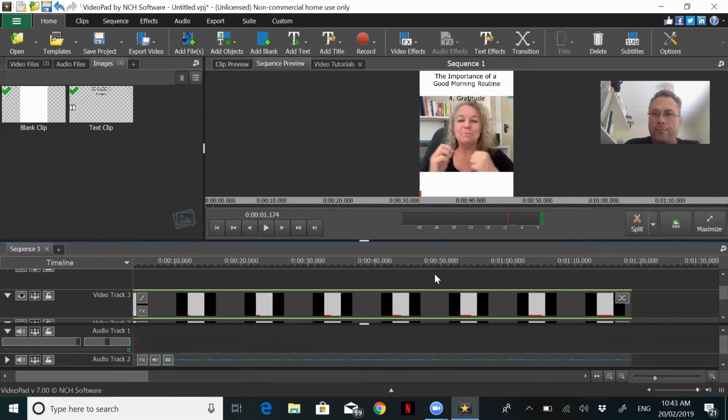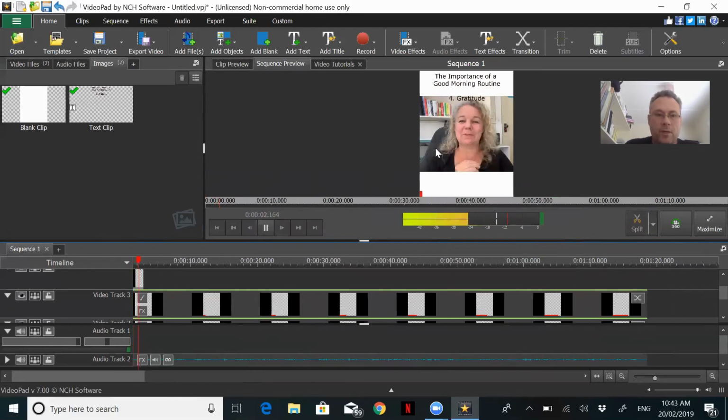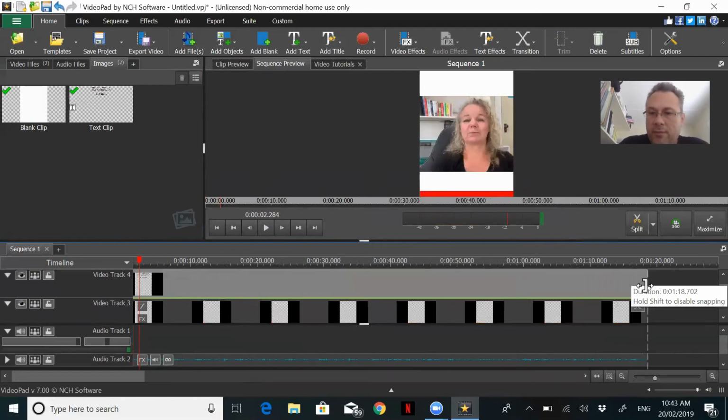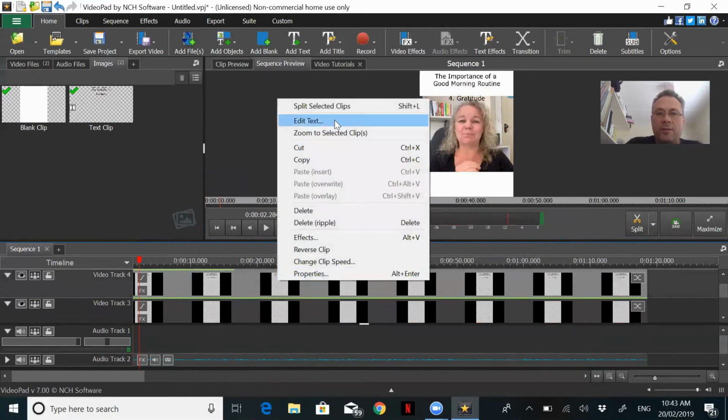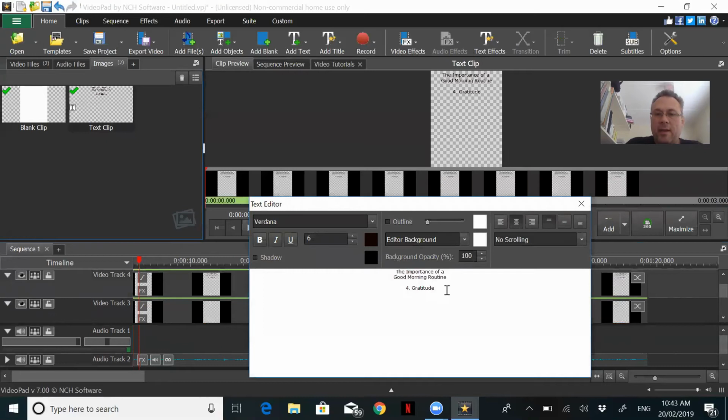What do with it? It's gone. There it is. I'll just stretch that out while I think of it. So remember, usually when things like text and text effects get put in there, they get put in for 3 seconds. So you've got to stretch it all the way out to the length of your clip if that's where it's going to stay. So right click to edit text, and I'm just going to highlight that and take that down